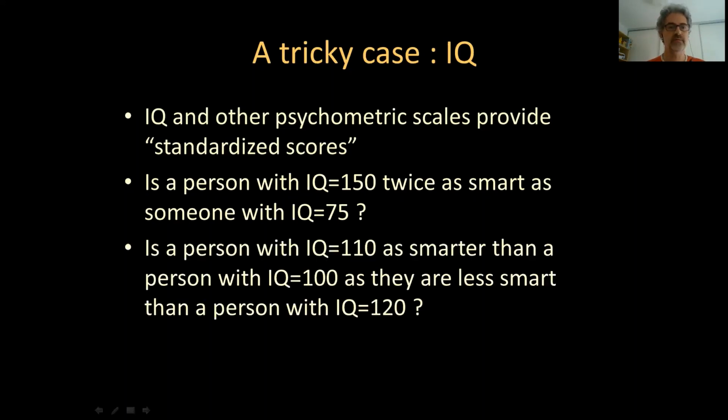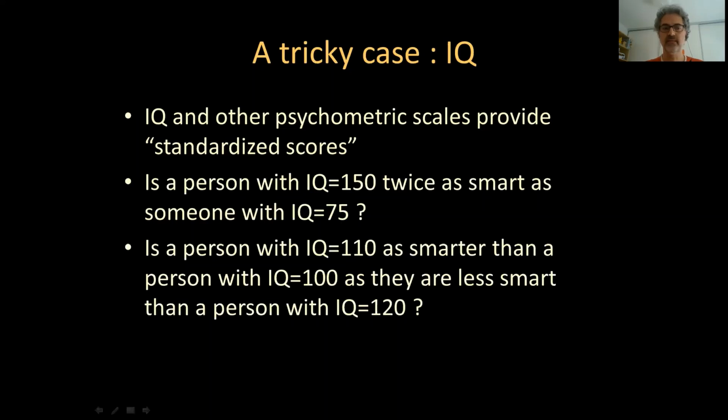Okay, what about something a little less demanding? Let's say we have someone who has an IQ of 110. And let's compare this person to someone with an IQ of 100 and someone else with an IQ of 120. Can you say that the person with 110 is as much smarter than the person with an IQ of 100 as they're less smart than the person with an IQ of 120? So are these distances interpretable as distances? Can we talk about a 10-point distance in IQ